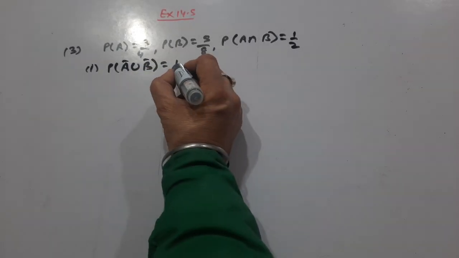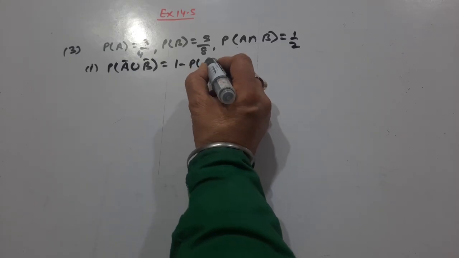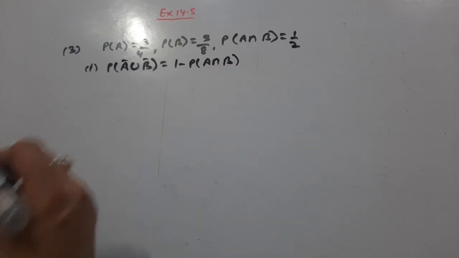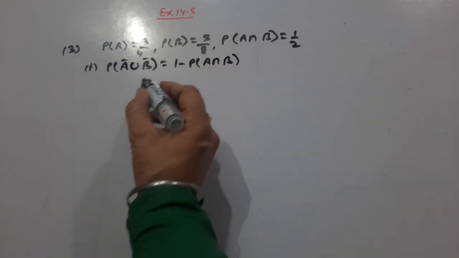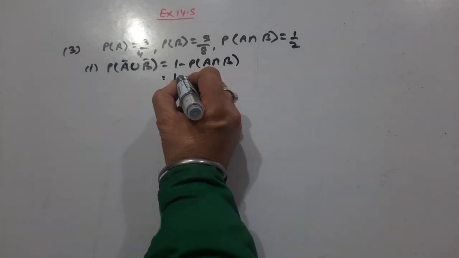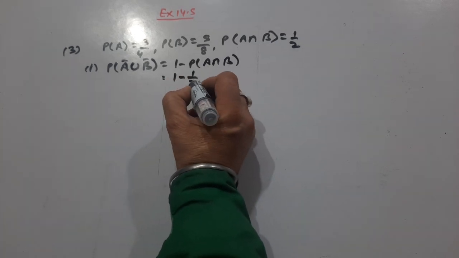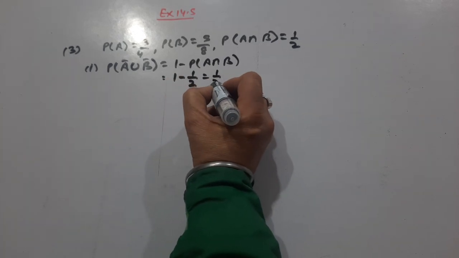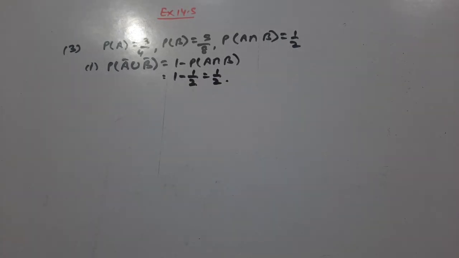So this is equal to 1 minus P of A intersection B. The formula for P of A bar union B bar is equal to 1 minus P of A intersection B, and this is 1 minus half. This is equal to half. So the answer is 1 by 2. And the second part is